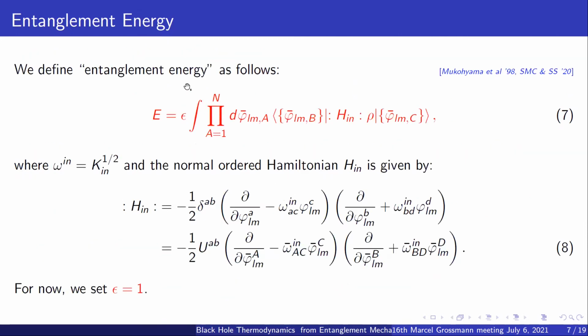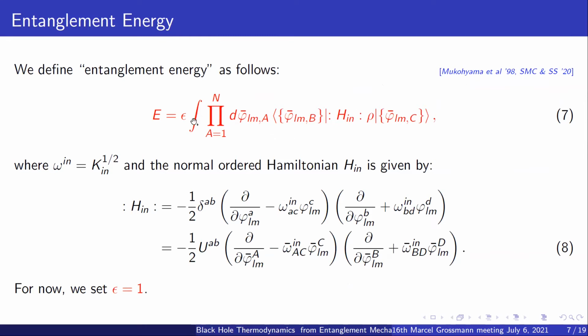So now moving on to the second quantity associated with entanglement mechanics, we have taken inspiration from a definition that Mukohyama put forward in '98. So in fact, in his paper, what he did is he brought forward 4 different definitions, 4 different candidates of entanglement energy. And after finishing the calculations and obtaining the numerical simulations, what he showed was that they are in fact all proportional to each other.